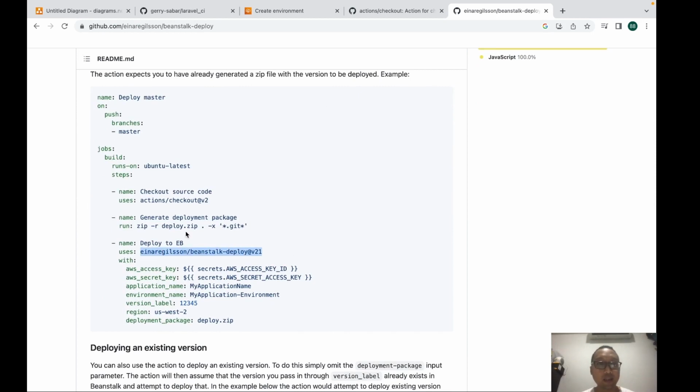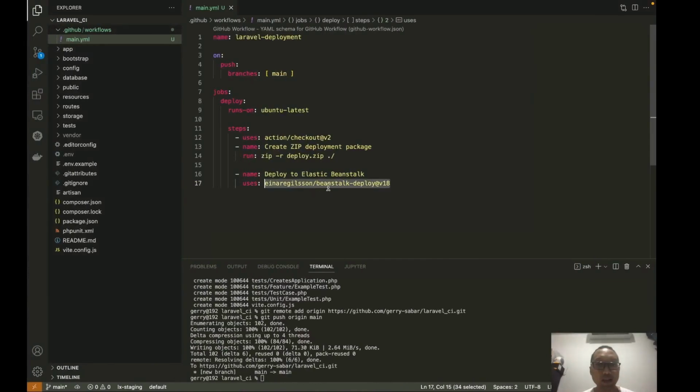Alright, einaregilsson/beanstalk. I just need to make sure I don't make any typo. Let me check a bit. Okay, cool, I typed it correctly. Next,